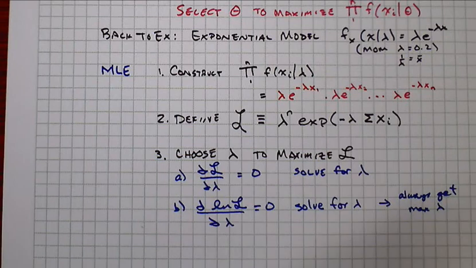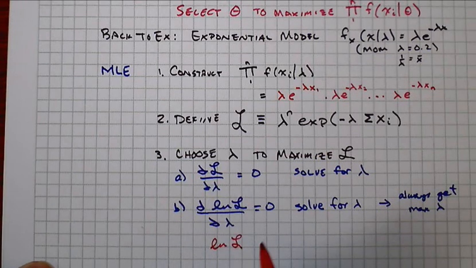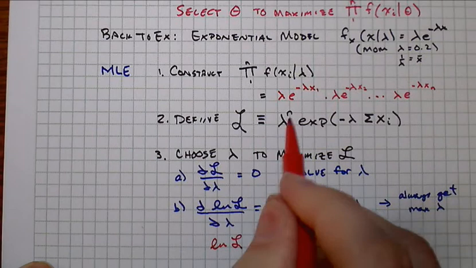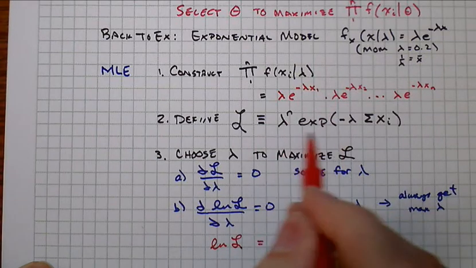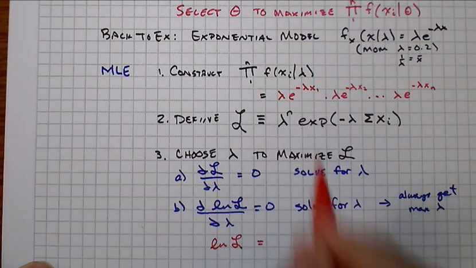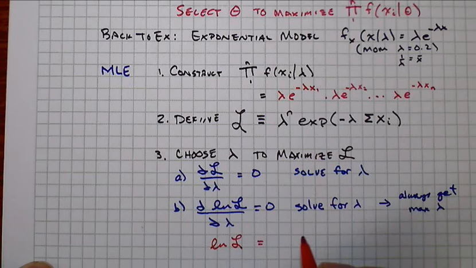The natural log of lambda, or I'm sorry, natural log of L is going to be equal to, well, we got this product, right? And so taking the natural log of a product becomes a sum, and we'll have n times the natural log of lambda minus lambda times the sum of the x's. And then we take the derivative of that,